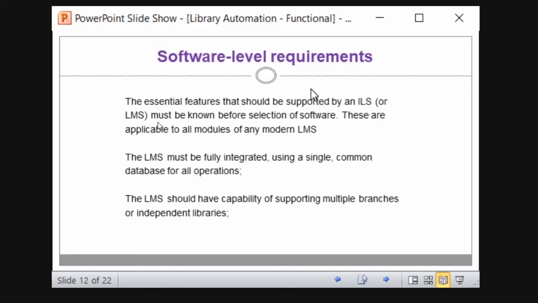The server should be a single one, right? And it should be integrated to all the other modules, like acquisition. Whatever data you change, it should be changed in the other modules as well. You should not change in circulation separately, acquisition separately. If you delete a book from the cataloging record, automatically in the circulation section, the book